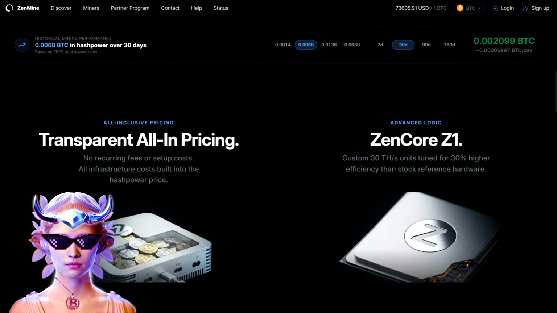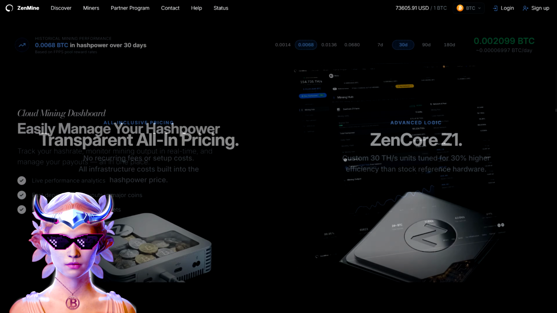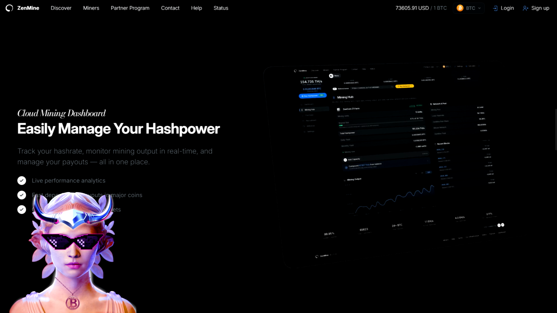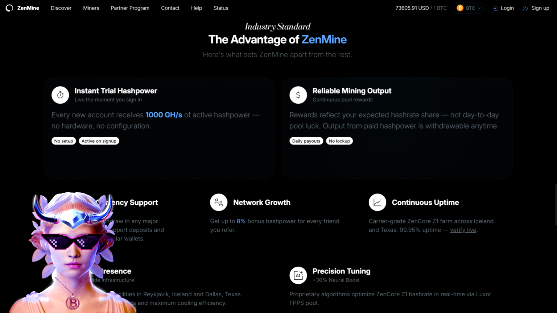Alright, welcome back guys. So as soon as you log into ZenMine, your dashboard is completely active. If you're new, you automatically get some complimentary starter hash power just to test out the platform before you decide to upgrade. Right from the main screen, you can monitor your mining activity live, track your real-time hash rate, and see your estimated earnings. And if you want to scale up your mining power, that also is incredibly easy. You just click on buy hash power, pick the mining allocation you want, and deposit using crypto. If you need help with that part, I already have a full step-by-step video on my channel showing you exactly